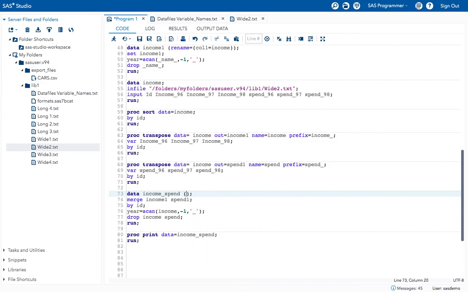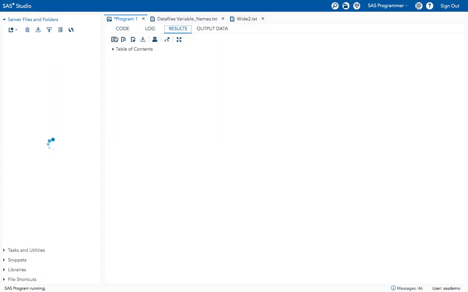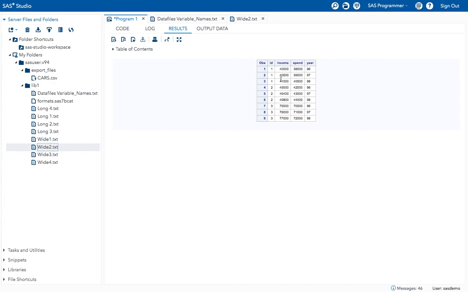We have already seen it, but still I'm showing. Rename equal to, in the parenthesis give income underscore 1 equal to income, and spend underscore 1 equal to spend. Now execute this program. See, now I got the result that I wanted.